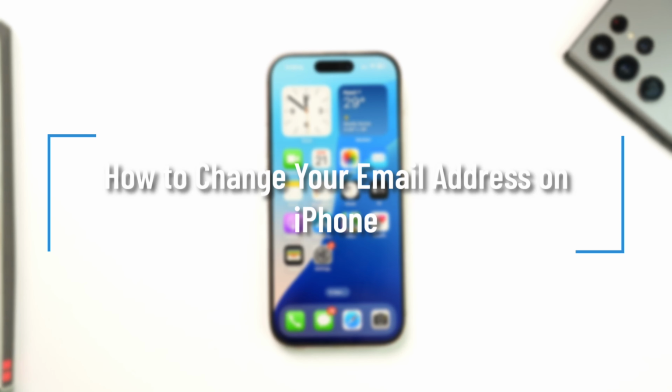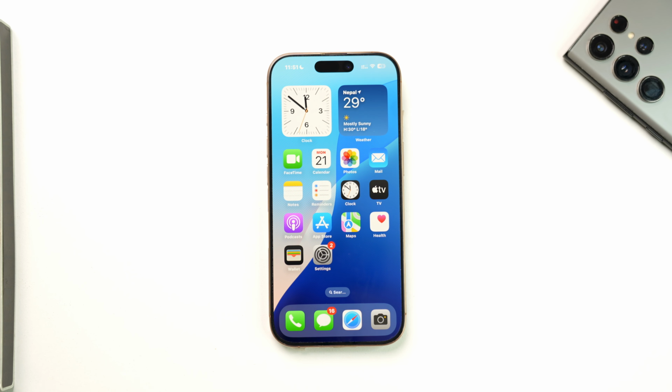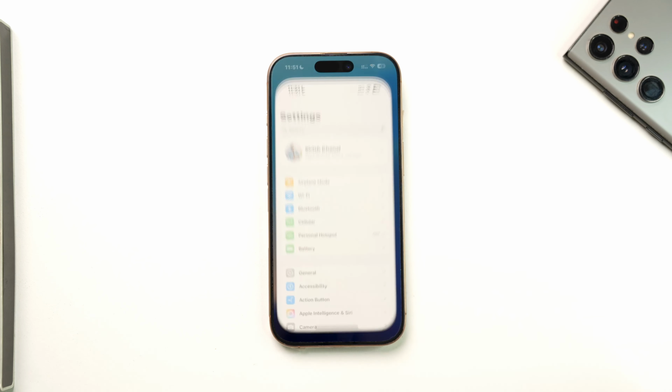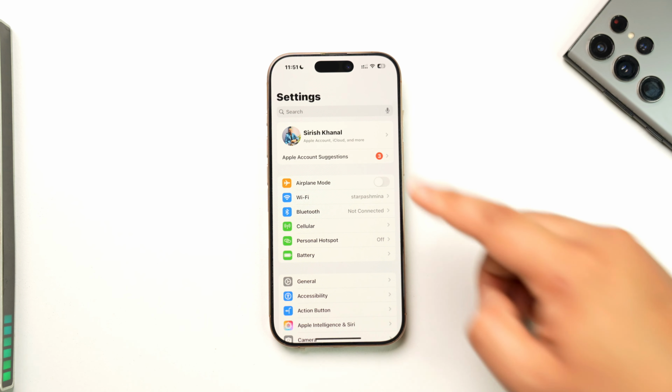How to change your email address on iPhone. If you want to change your email address on iPhone, it is very simple for us to do so. Now what we have to do to change our email address is open up Settings, tap on your Apple ID